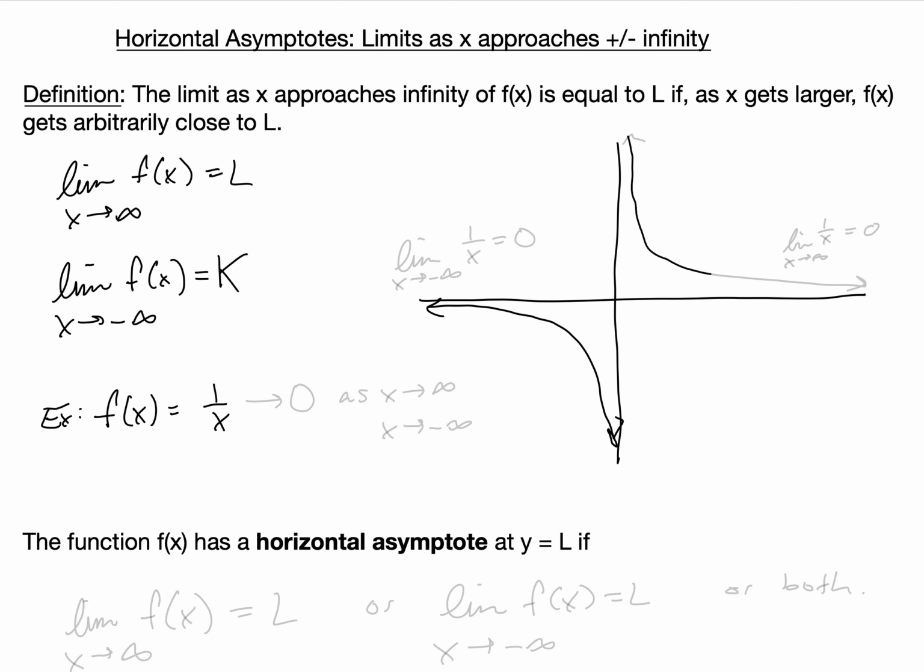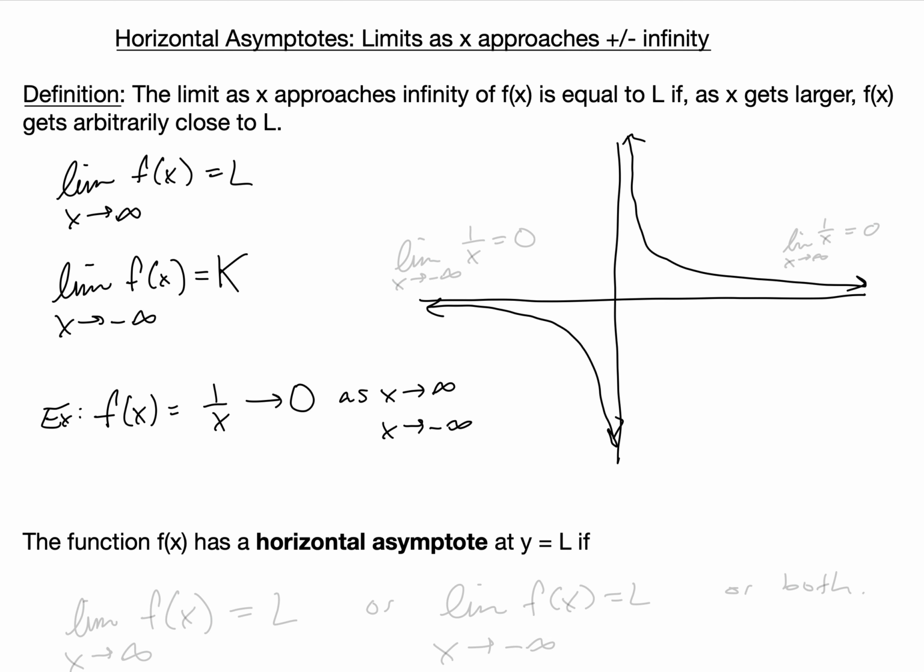We already know that there's a vertical asymptote at x equals 0, but as x approaches infinity, 1 over x is getting arbitrarily small. So 1 over x gets close to 0 as x approaches infinity, and also as x